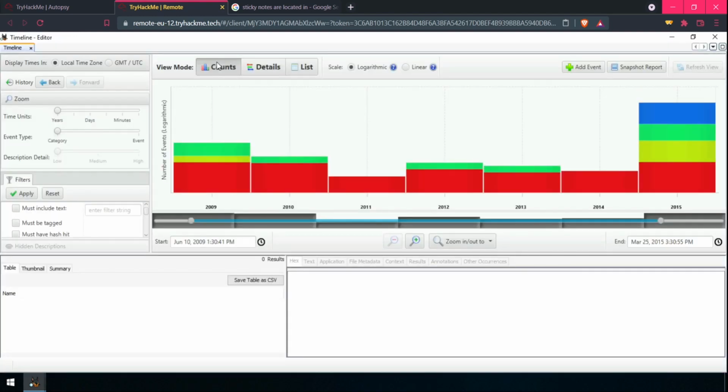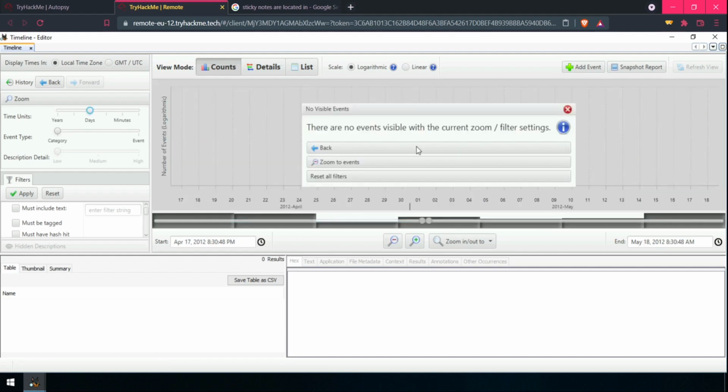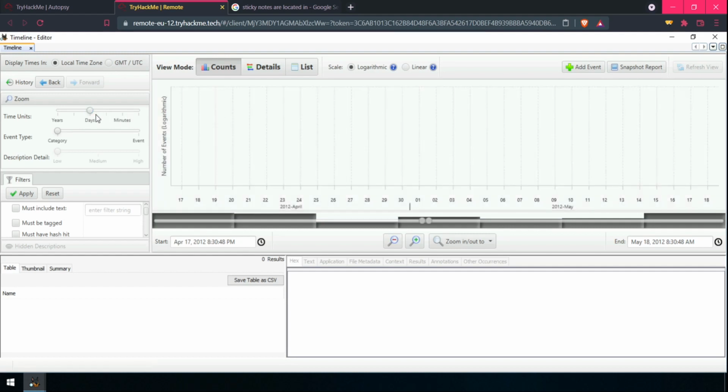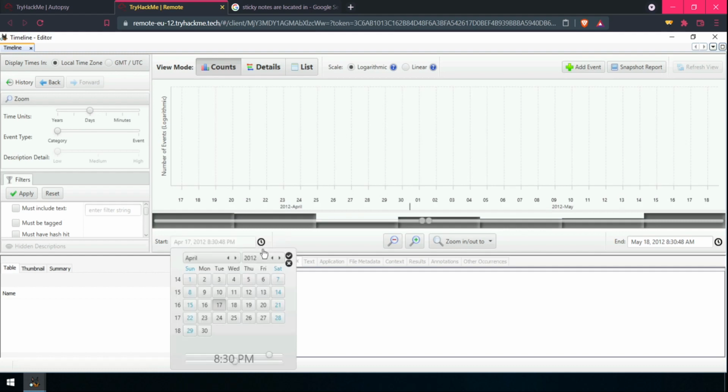So the timeline is opening up, and I will just set the time units as days, as we need to get over things on a certain date only. Let's fix the time as 2015 January 12.